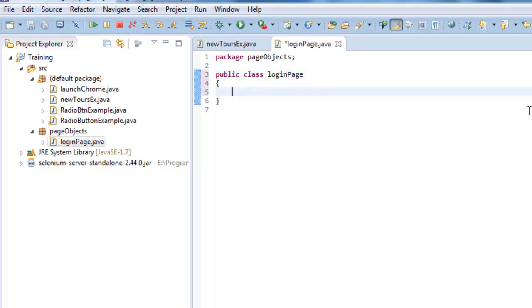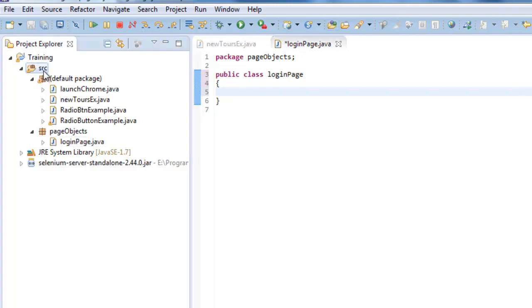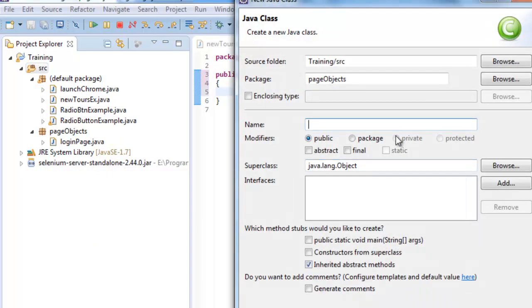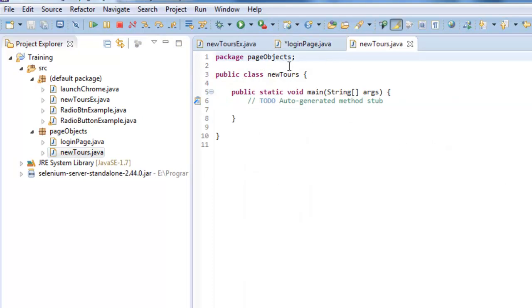All the object initializations and everything we will do in this class, and in our actual test class, we can say new tools. Okay, this is just an example, you can keep it whatever way you want.